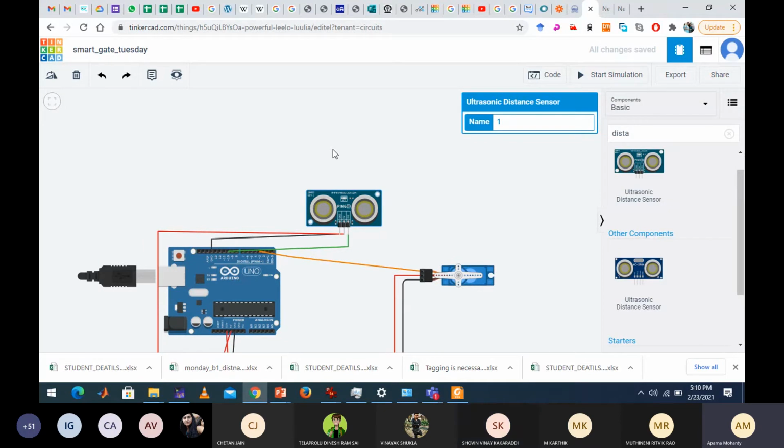A bit louder. Ma'am, the temperature sensor is going to do exactly what? I'm just going to measure the temperature and give data to the Arduino in the serial monitor, or is there anything other than that? No, no need to put an LED, nothing. Just the temperature sensor has to be read, and you need two variables. One is temperature, one is distance. If the temperature is above the threshold, it has to be compared. There should be two conditions you need to check. There has to be an AND operation.